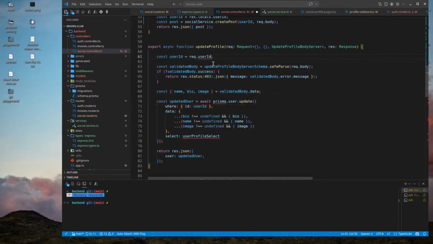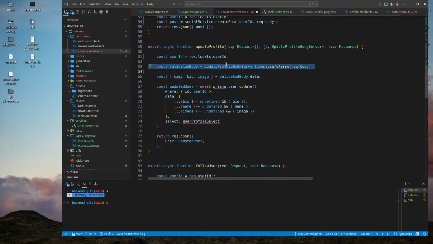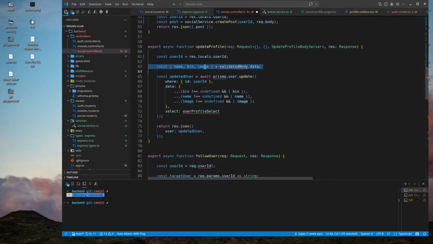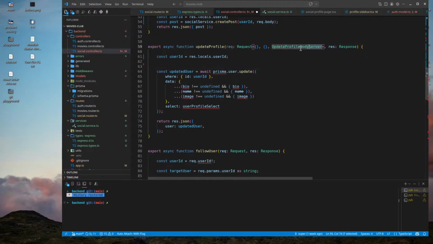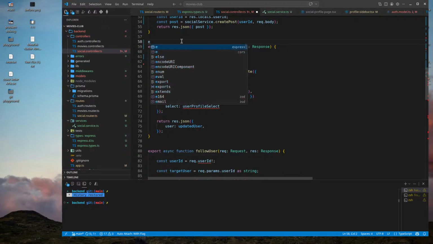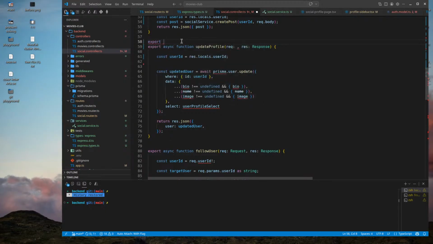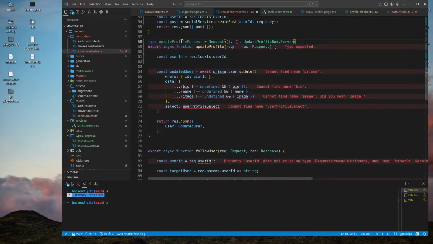Again, user ID. It is the user ID. Remove this. And remove this. And take this. Export. We don't need to export. Type update profile request is equal to this thing.